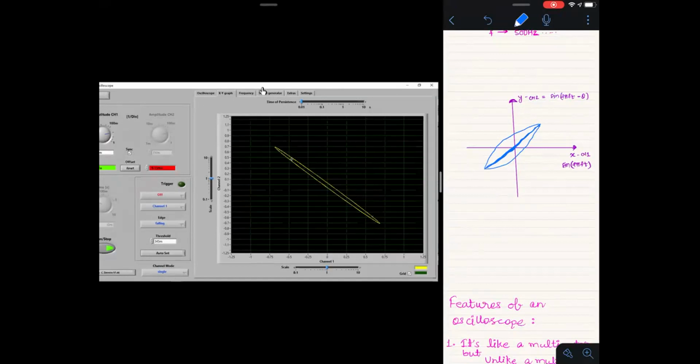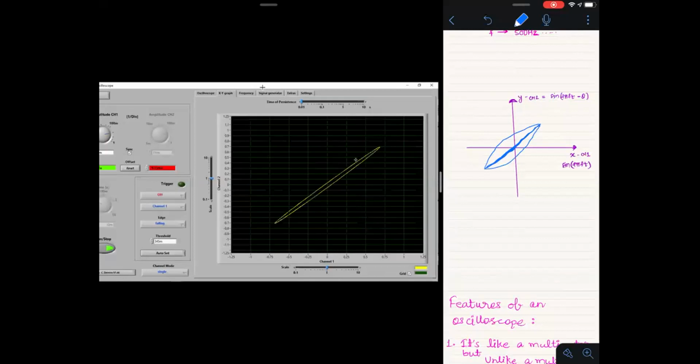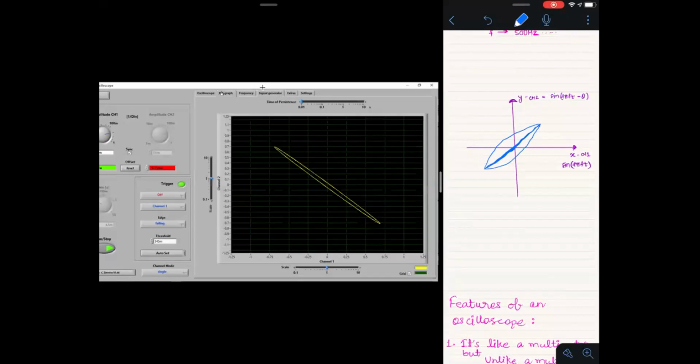Just to keep you attentive, can anybody answer why it is happening? Initially, when the phase shift was 0 degrees, the XY plot was like this. But now when I'm changing the phase shift to 180 degrees, the waveform is changing to this.